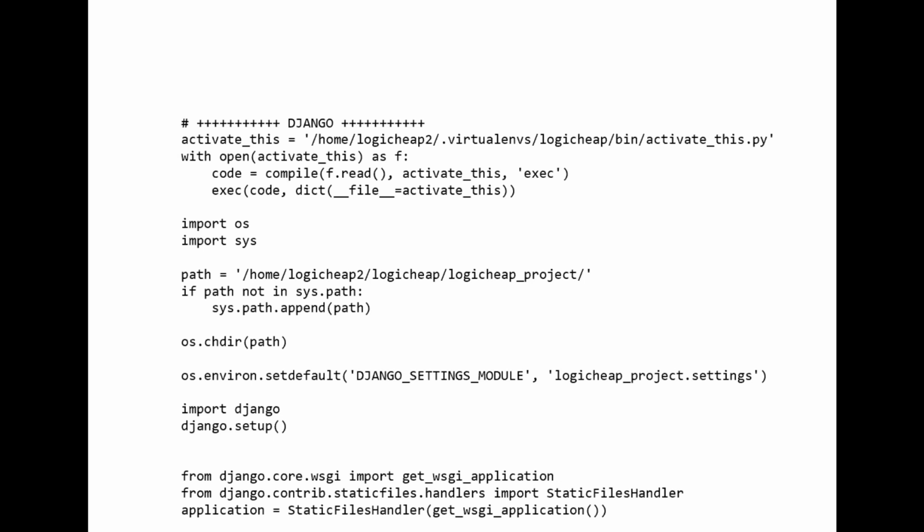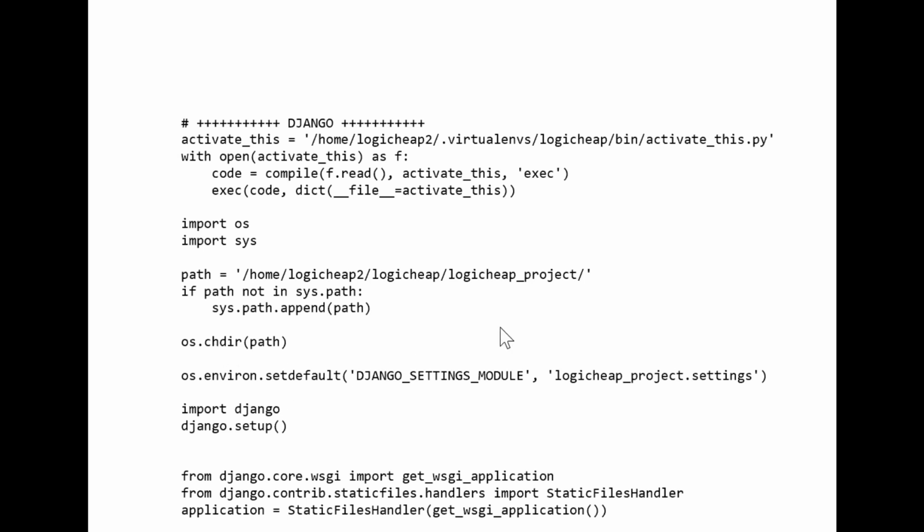So the first step is to activate your virtual environment, and then only we can execute your project inside it. Then we have appended the path of our project to the system path. In the next three lines, you can see we have simply appended the path of our project to the system path. And then we have changed the directory. Here, if in this line you see, we have changed the directory to our project's directory.